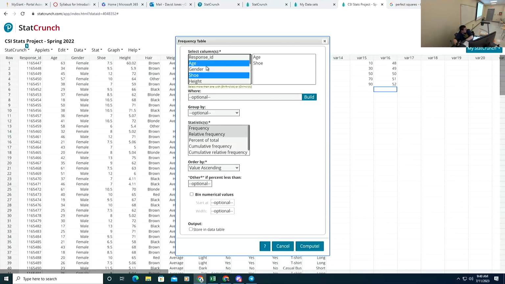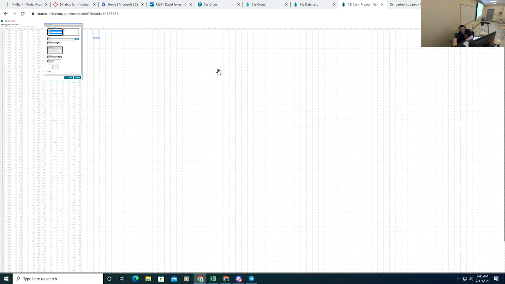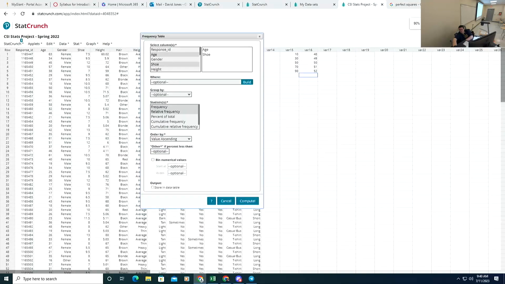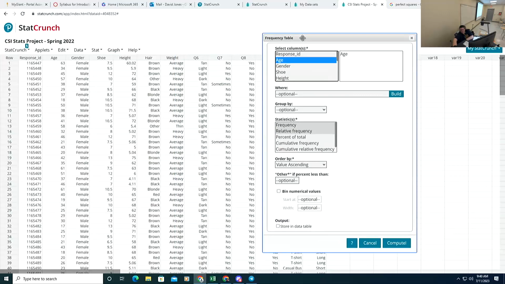And hit control and click another one. If you use the roll wheel on your mouse to go up and down when there's a bunch of columns, don't hold down control while you're doing it, because if you do, this is what happens: the screen goes too small. So I'll put it like that. I'll just do age for now. Age, there we go. Frequency and relative frequency, let's just look at them. Maybe I want to do age. Age has a lot going on. Let's do